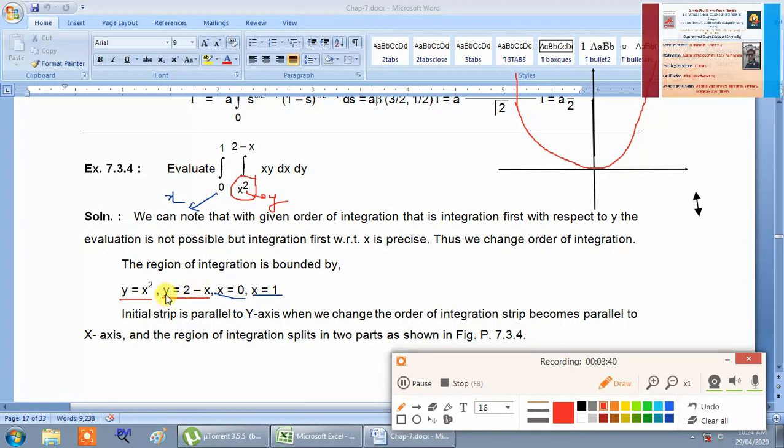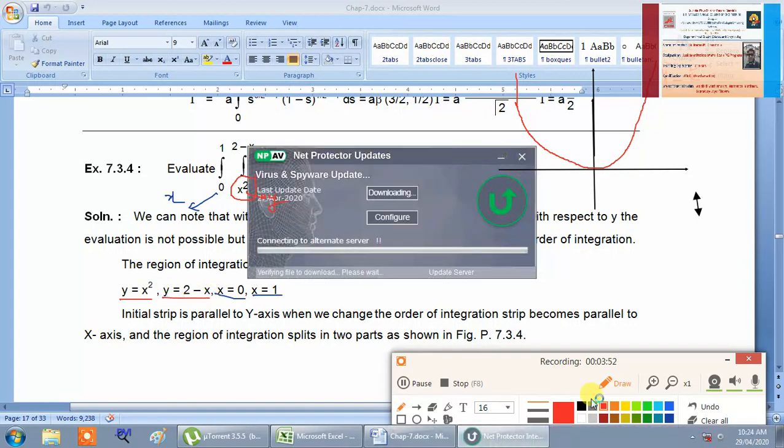If you want to locate any straight line, we know that you find out two points on the straight line. So put x equal to 0, that is the point on the y-axis, you get the value of y, and put y equal to 0, you get the value on the x-axis.